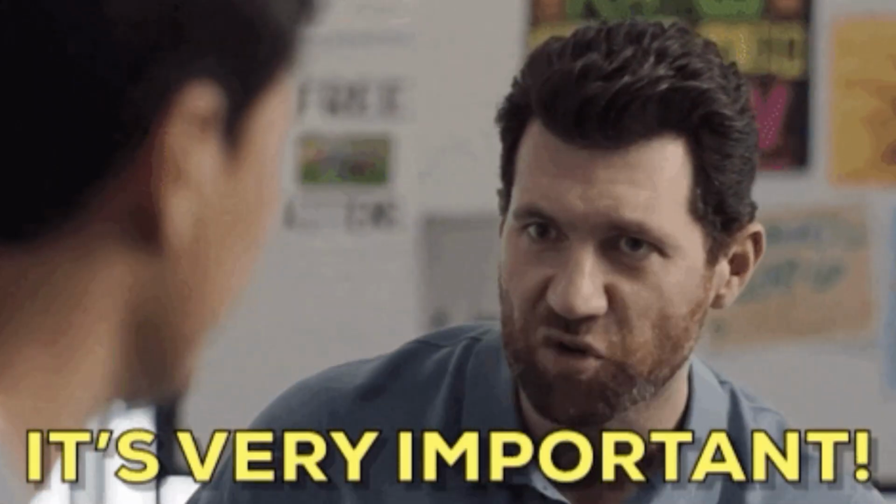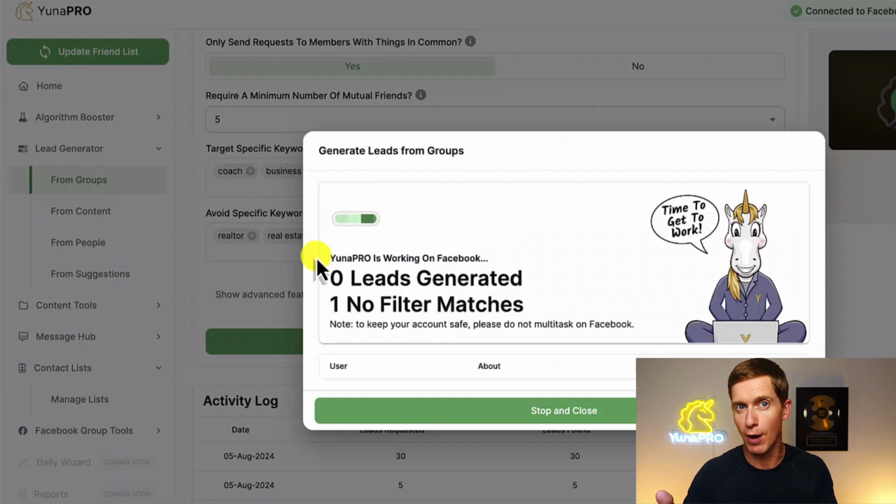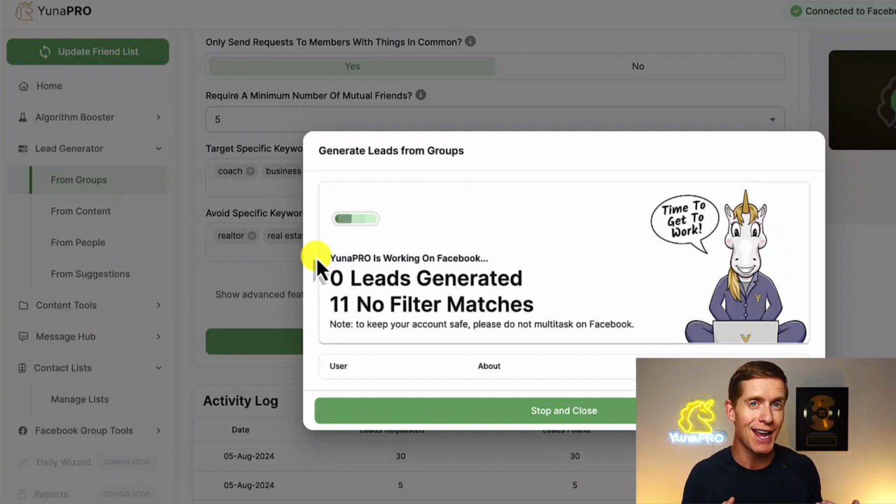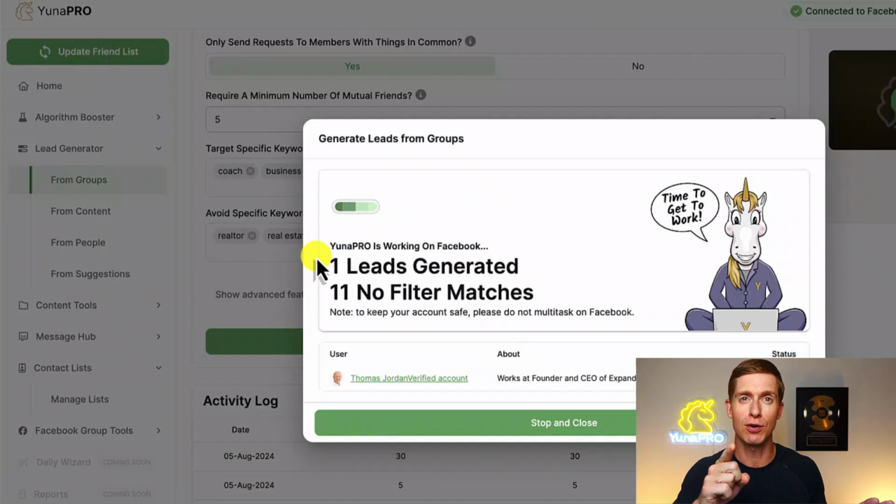Now, it is important to point out that this process involves sending friend requests to these leads, and that's simply giving them the option of whether or not they want to accept your friend request and come over into your audience. And this is a really cool part, is that when you send a friend request to a targeted lead, especially a lead who you have things in common with and you have mutual friends with, they're likely going to go over to your profile.